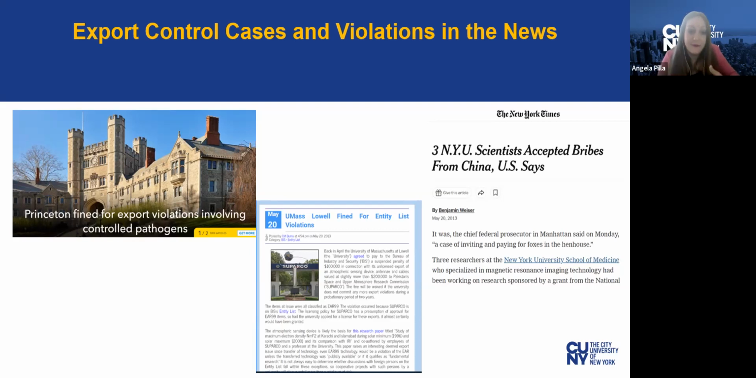So Pakistan itself wasn't on the entity list, but the company Suparco was. So it's important: EAR 99 is not a free pass to just send things out just because it's not subject to the regulations. And lastly, but certainly not least, NYU was in the news for 3 researchers that were colluding